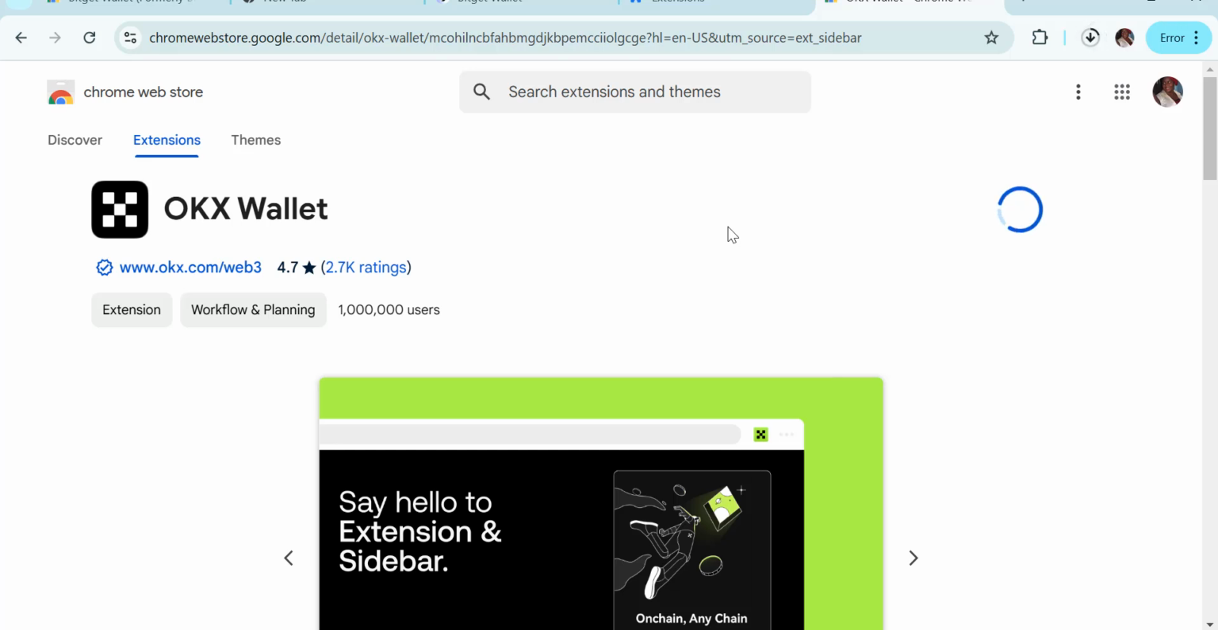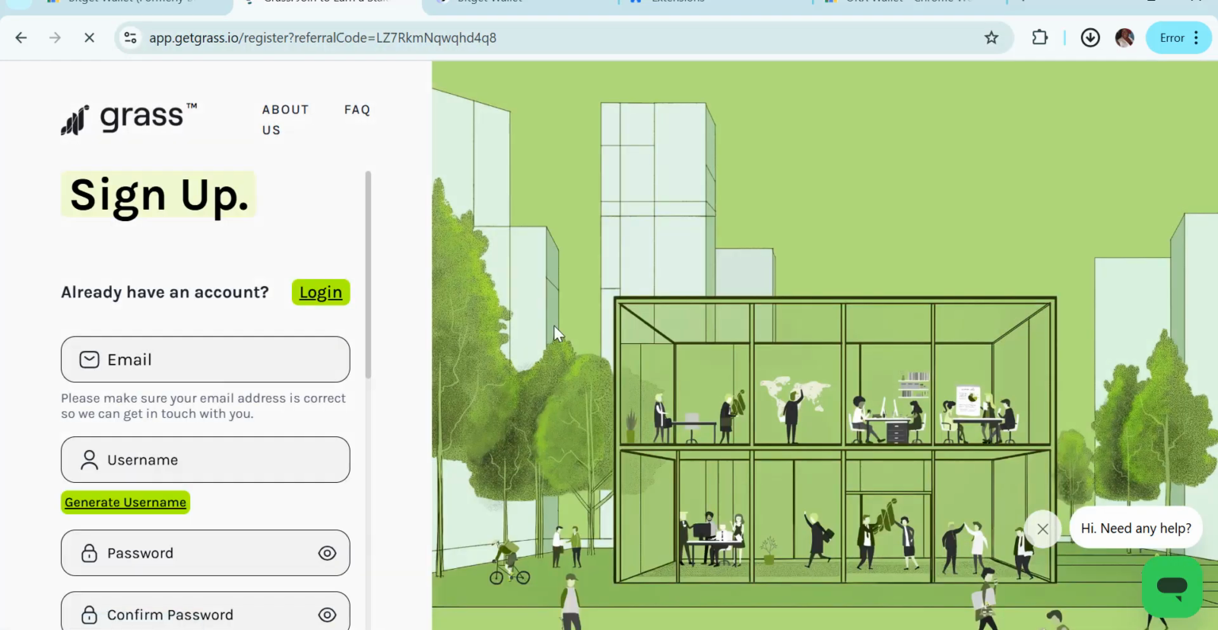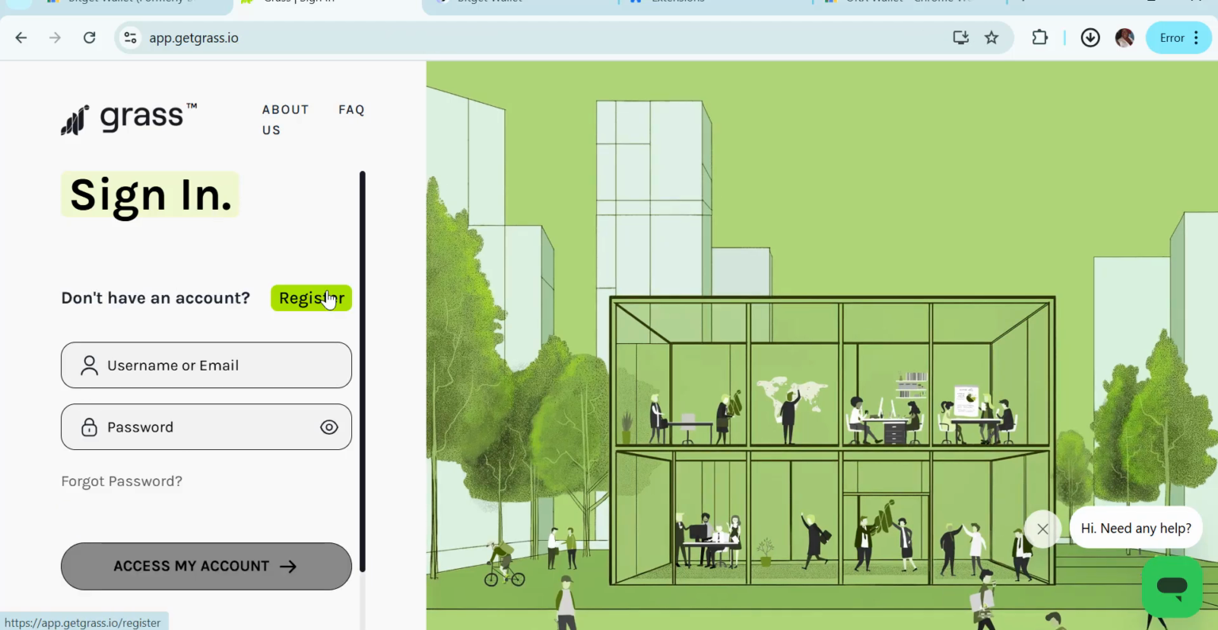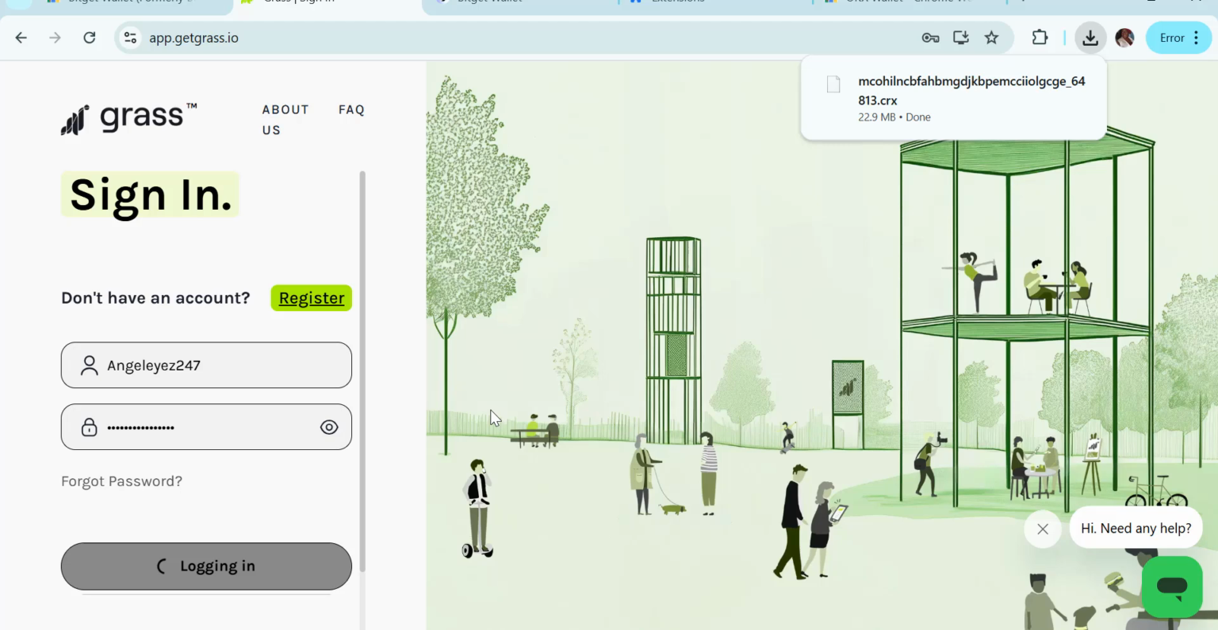So now let's continue with the linking here. So I'm going to now log in again. So Grass opens here. So next is accept all. So what I'll do now is to log in rather than sign up. You know, we signed up already. So I just enter the details. So the OKX